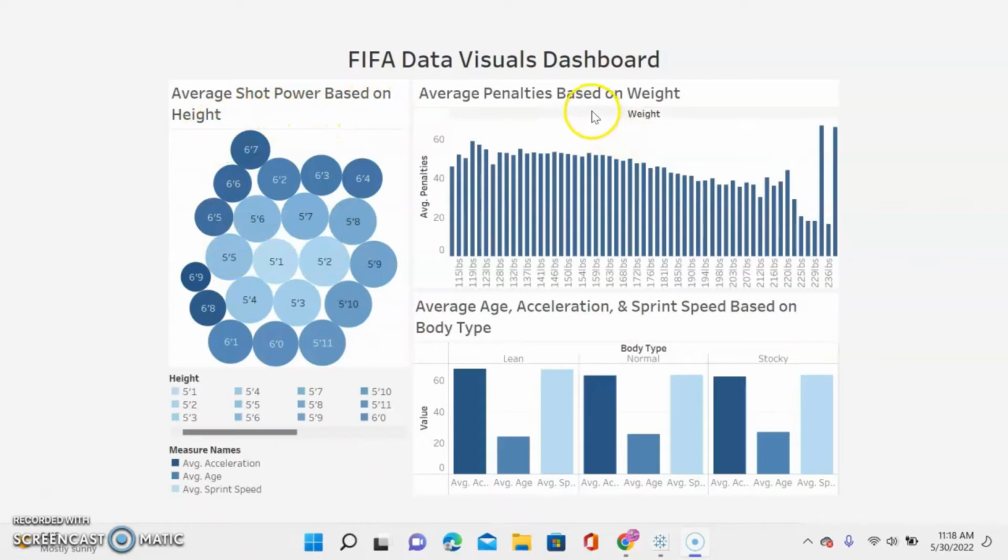Our next visual here is average penalties based on weight. And right away we notice these huge 2 outliers. And most likely what happened here is that there just isn't that many players that weigh in that weight range, and that the players that do weigh in that weight range just have an obscene outlier amount of average penalties